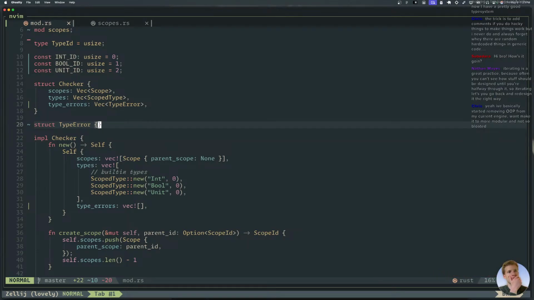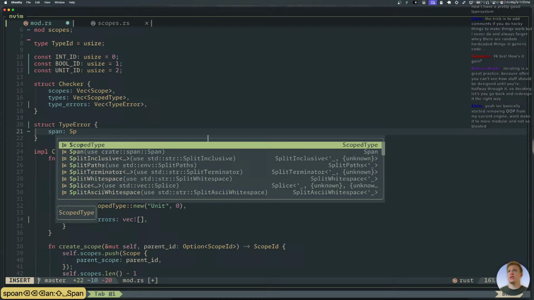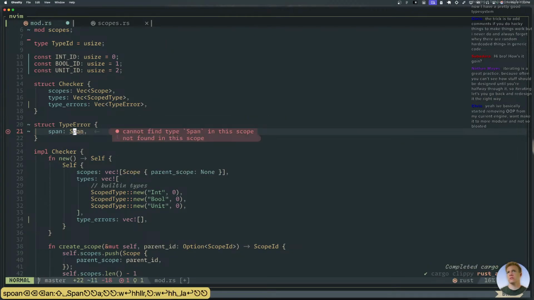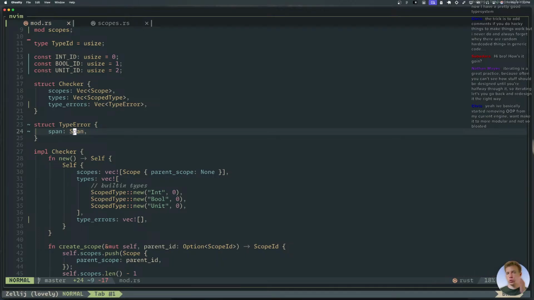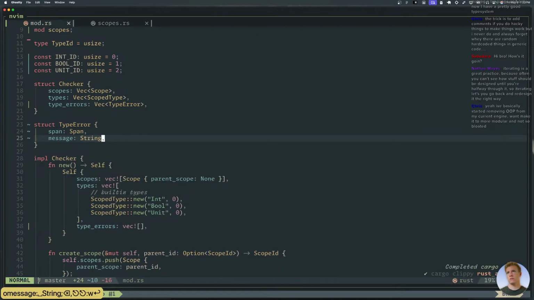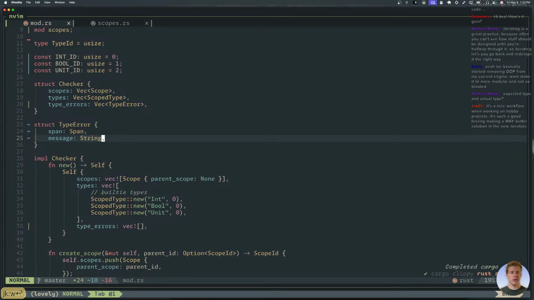So it'll have a span, so we can have nice diagnostics, right? Span will be a span. And then just a message. I guess we'll start with just a message. Expected type and actual type.